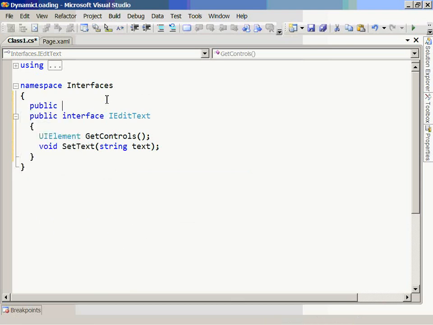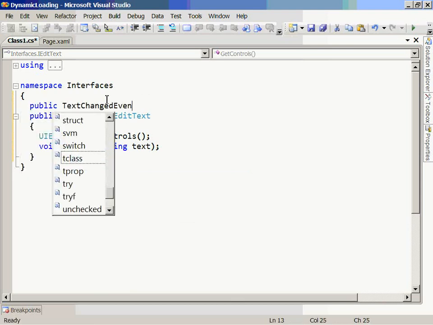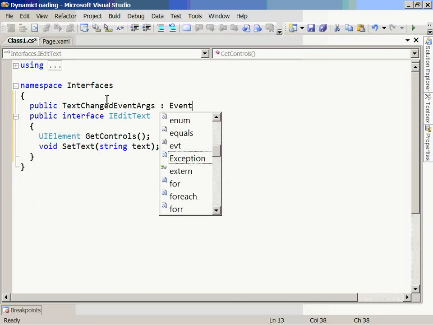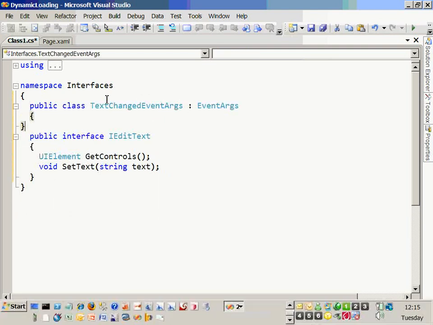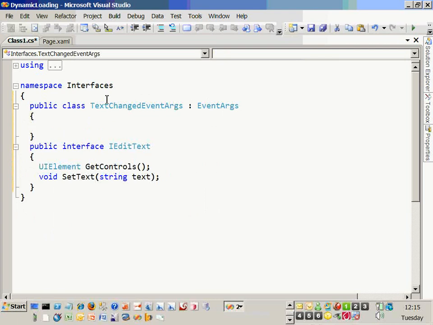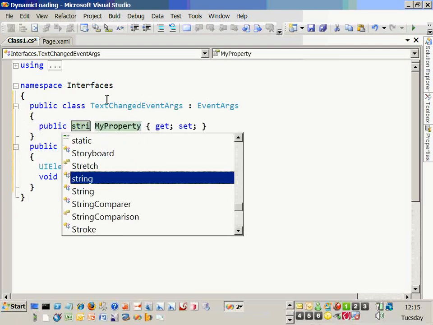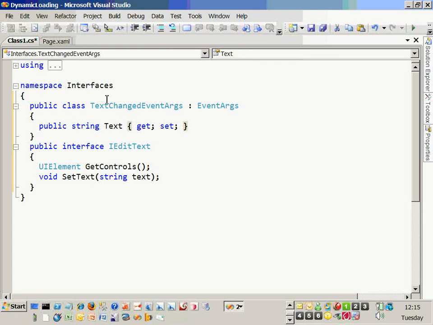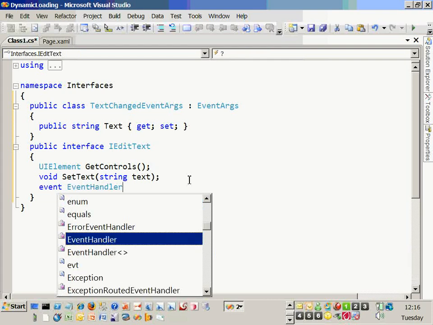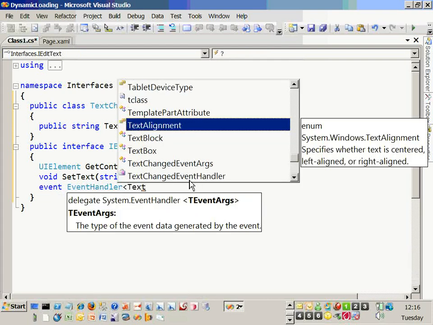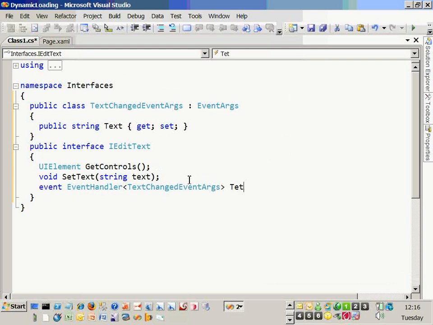So let's have public TextChangedEventArgs derived from EventArgs. That should have been a class. Let's put the word class in there. And what we can then do is say, just put a string on there. Let's call that text. That's going to be the new text. And then on our interface we can have an event. Let's call it TextChanged. And of course that is going to be EventHandler of TextChangedEventArgs. And we'll call that TextChanged. So in a very simple way, we've abstracted ourselves from the details of a text editor